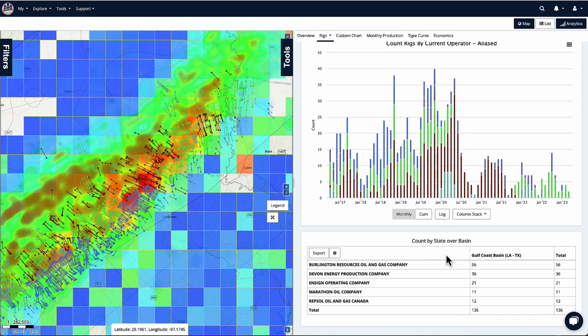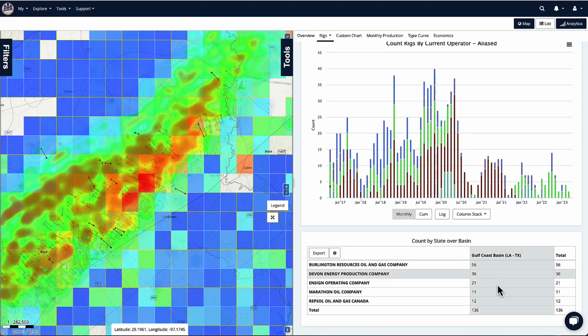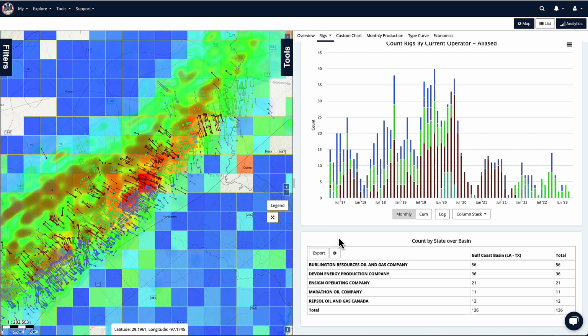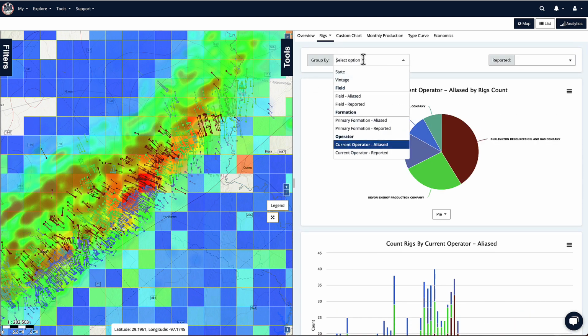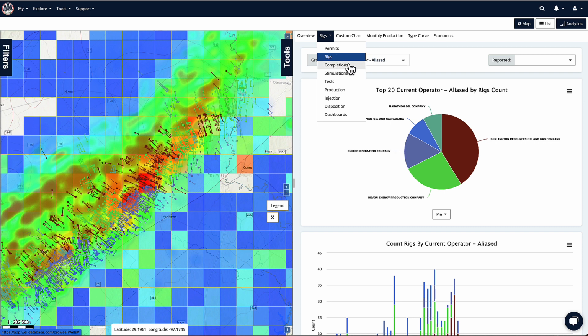And then that same kind of pivot chart down here. So the same options will be here as they were in the permits. And so those two are similar. The key is that they're event-based dashboards, and they don't really have a lot of numerical properties that we can chart on. If I come up to the top now and drop down from rigs